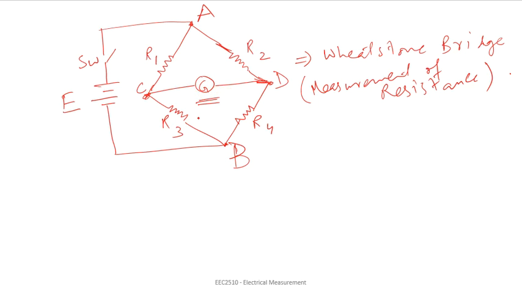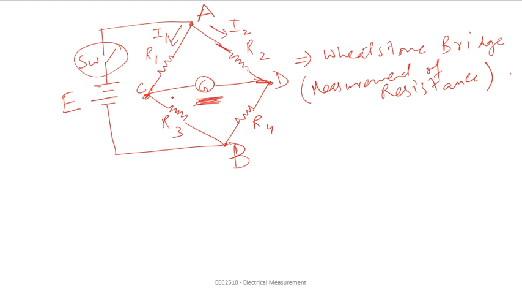Okay, so depending on the direction of current flowing in the circuit, the pointer will deflect to different positions. So when this switch is closed, obviously the current will start flowing in the circuit. Okay, and after reaching this point, it will divide into two different arms. So you can also mark the currents. Let us call this I1, and this I2. So two different currents will flow in two different branches, and the bridge will be balanced when there is no current through this galvanometer or detector. So in what situation will there be no current flowing through this?